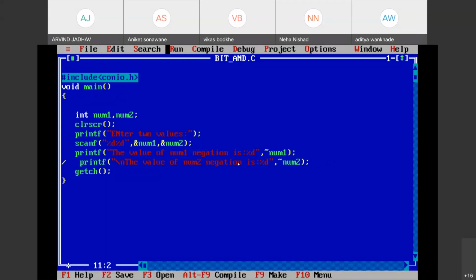Will make a comment, and here I will accept only one value. I don't want to accept two values, so insert that into one value and I will remove this.